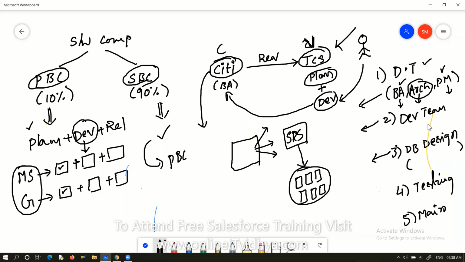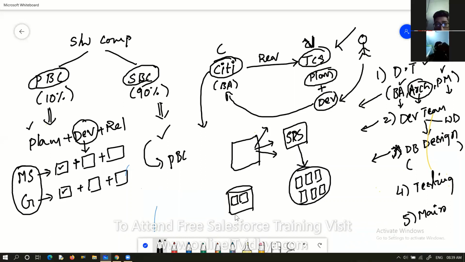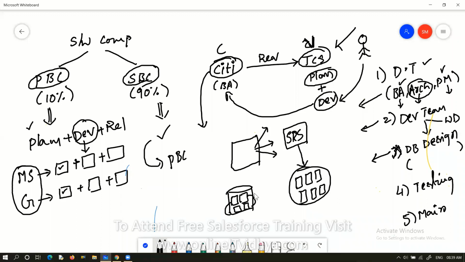Actually, in the development team itself, it is one part. So the database designing team is one part, and web designing is also one part, one separate team. These are the sub teams actually. So the database designing team is going to maintain the database. They're going to create the tables in the databases, and all relations they are going to maintain. These are tables they are going to maintain, and their relations also.